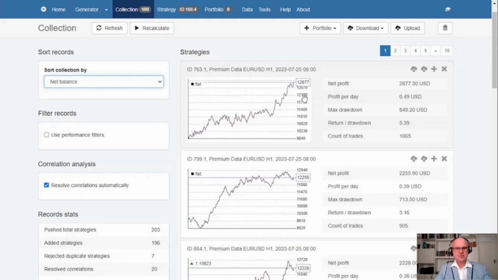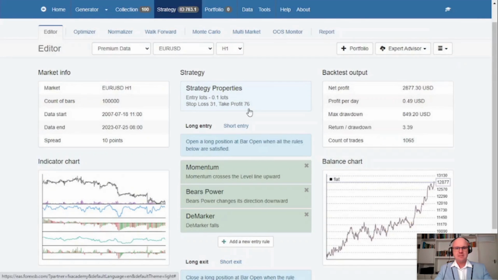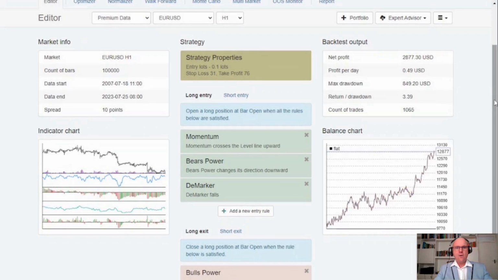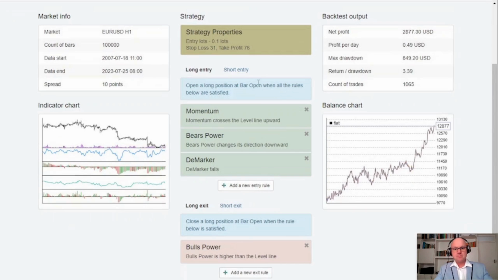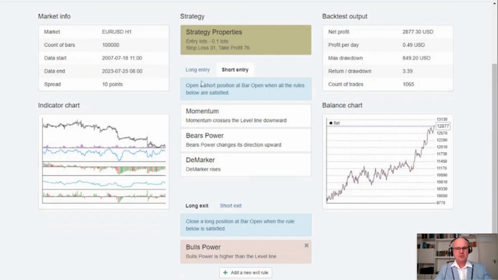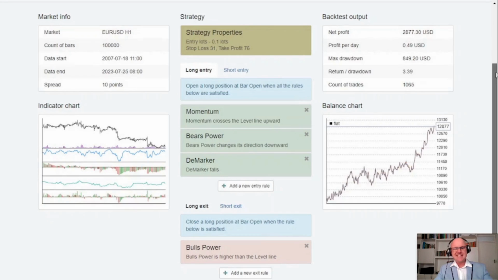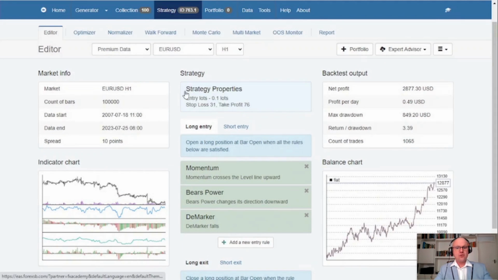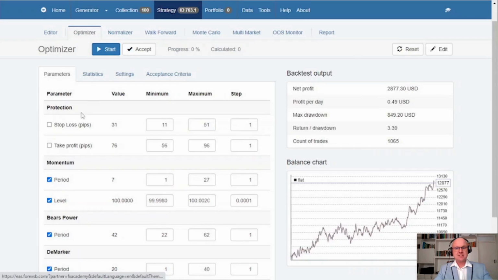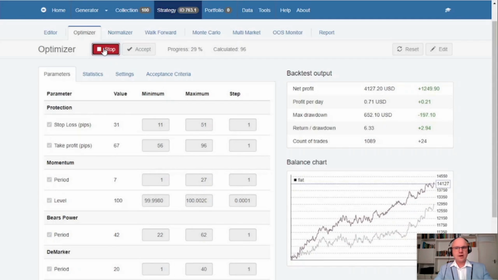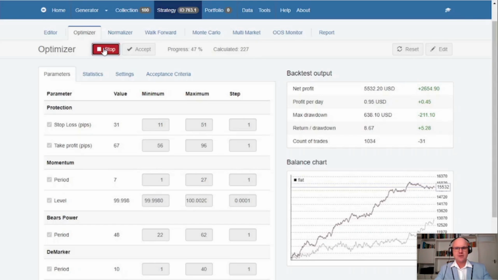Remember, exporting a strategy is as simple as the click of a button, so you can automatically have access to it for either MetaTrader 4 or MetaTrader 5. For this example, it was built around momentum, Bears Power, and Bulls Power, and none other than a DeMarker indicator. For the hourly strategy, it's currently working at a stop loss of 31. However, you can further optimize the inputs because now we have the strategy that is one of the best according to the set parameters that I have created using our generator.